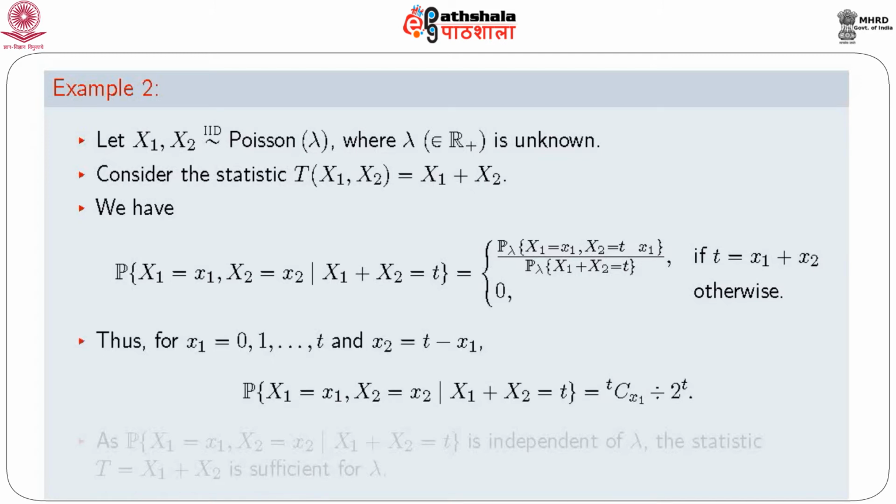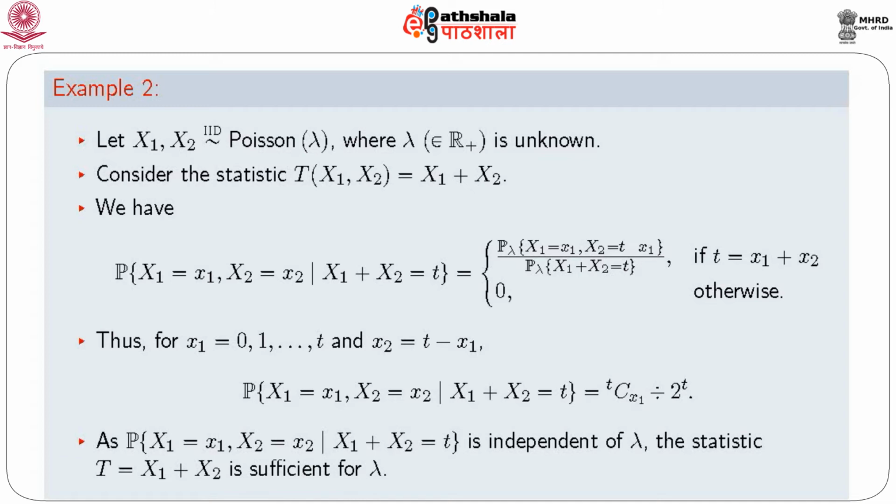Thus, for small x1 equals to 0 to t and small x2 equals to t minus x1, we get the conditional joint distribution as probability X1 equals to x1 intersection X2 equals to x2 given X1 plus X2 equals to t is equal to t choose x1 into half to the power t,